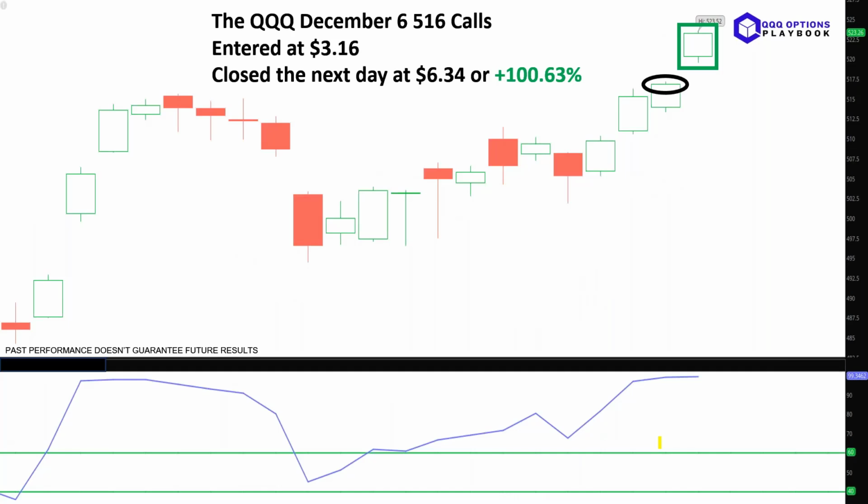Here's another trade. December 6th, 516 calls, entered at 316. Now you see these higher closes. We enter the trade, get a nice little gap up the next day, 100.63%. And you'll notice that the %R is way up,